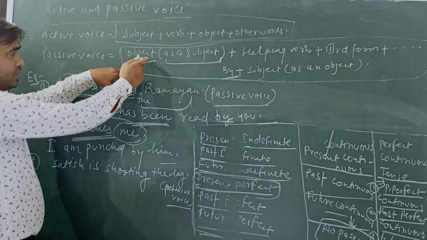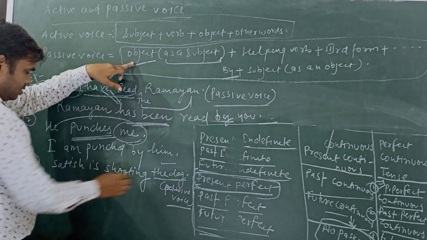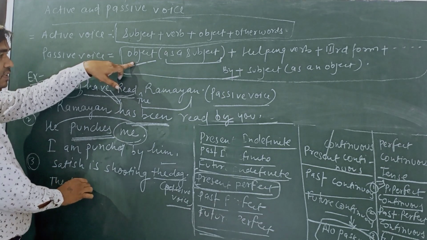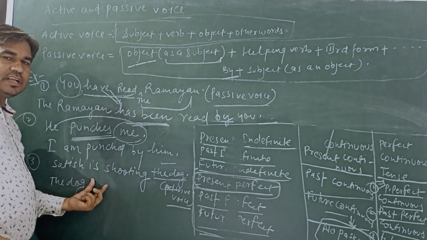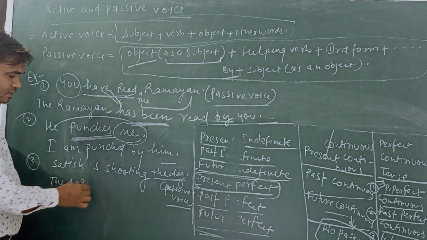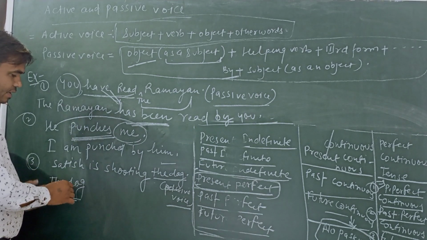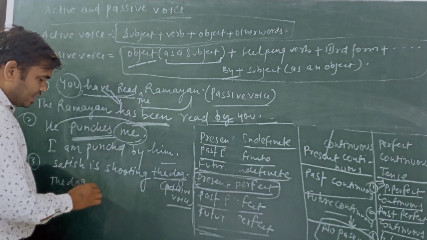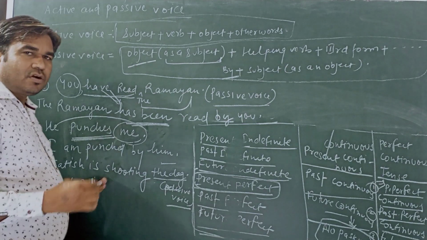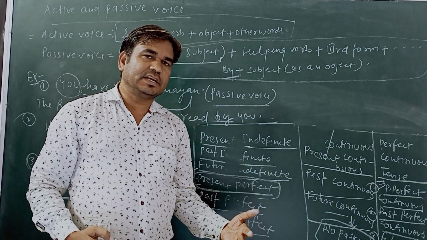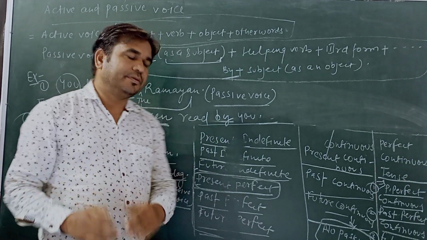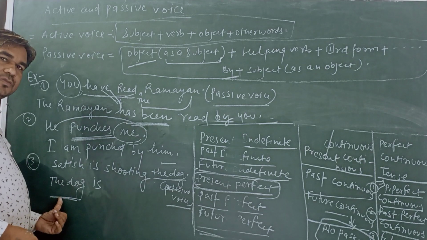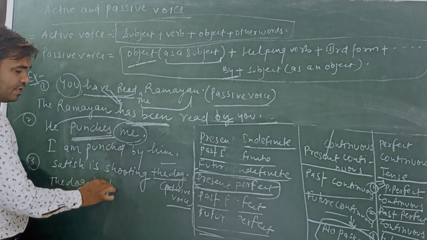First, for passive voice, the object is "the dog". We can take the dog as the subject. And for continuous tense, you have to add the helping verb according to the subject, and the dog is singular, so the helping verb can also be singular. Here we cannot take the helping verb of the next sentence, for continuous tense only. The helping verb should be the same according to the subject. The dog is, and you have to add